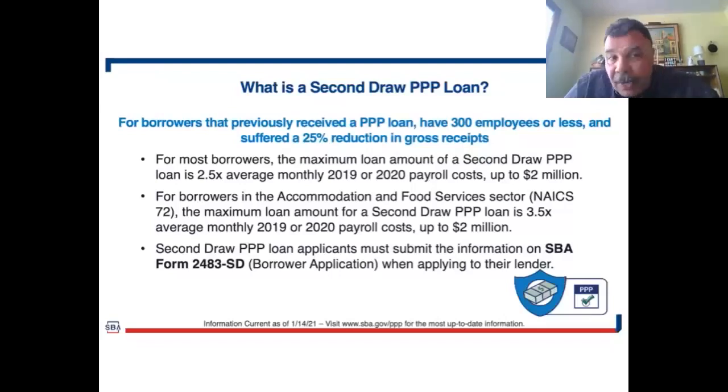Now, let me tell you the advantages this time. If you remember the first time around with the PPP, you either had the PPP or you had the employee retention tax credit. It was one or the other. Now you can take the PPP and do the employee retention tax credit. Prior to this, under the old CARES Act, it went up to $6,000. Now it goes to $14,000, which I thought was pretty good, when you really think about it.